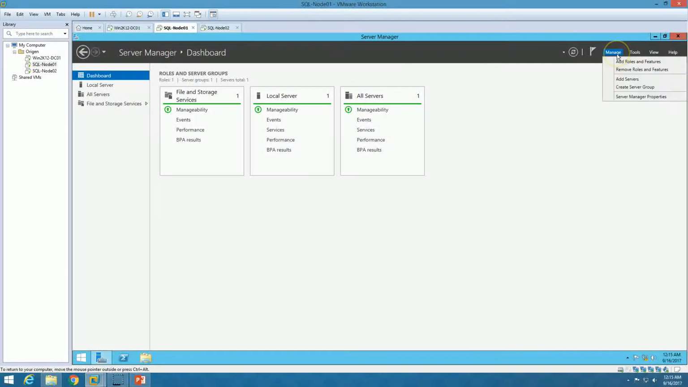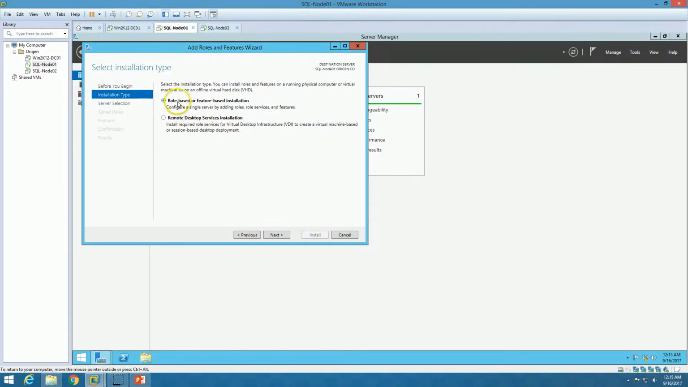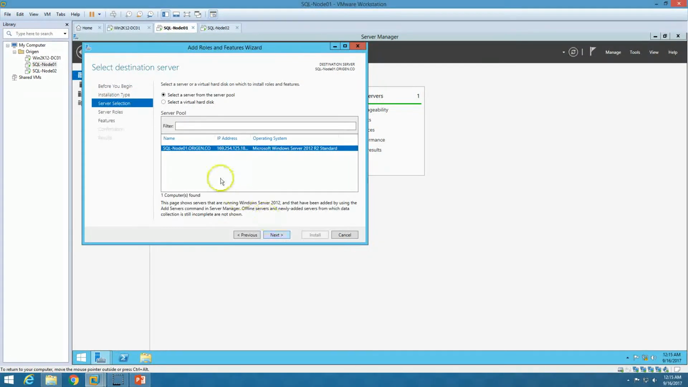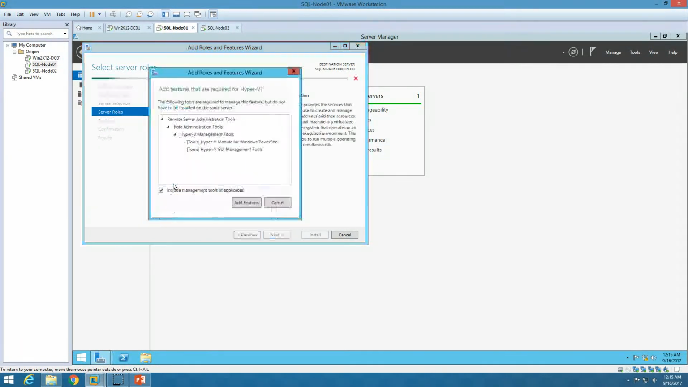So manage, add roles and features, click next, and here you can see role-based or feature-based installation. Hyper-V is a role, so we need to select role-based installation. Click next, and here you can see our server SQL-Node 01 origin.co.in. Click next. Now we have the Hyper-V role here. Select the Hyper-V role, click add features,